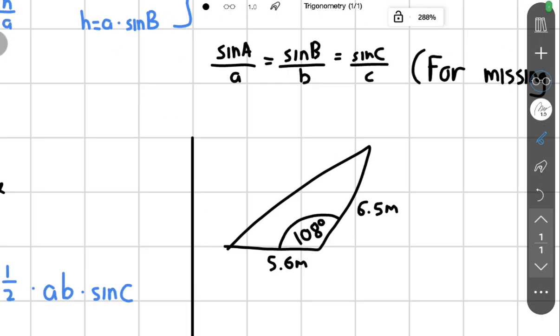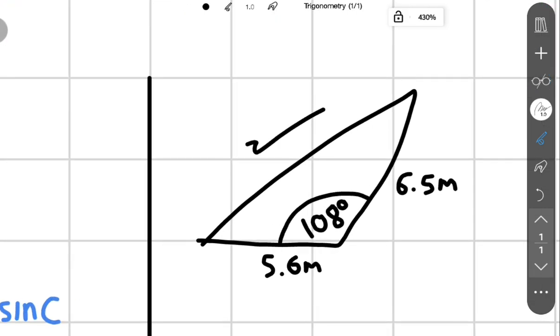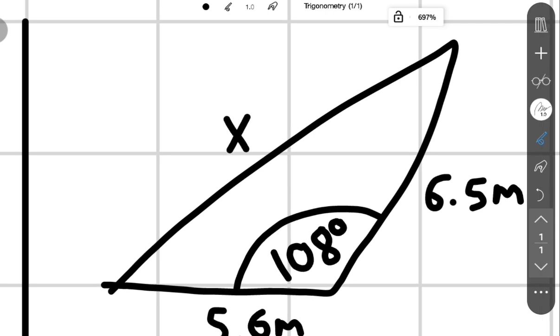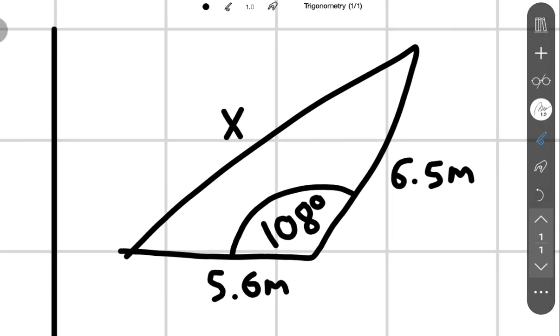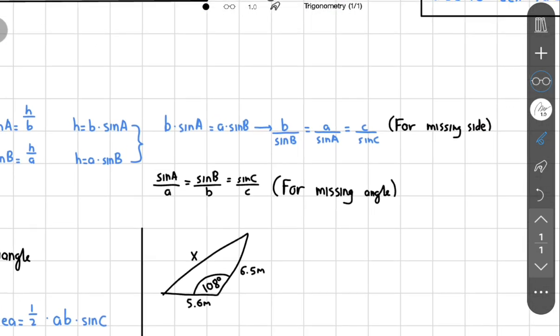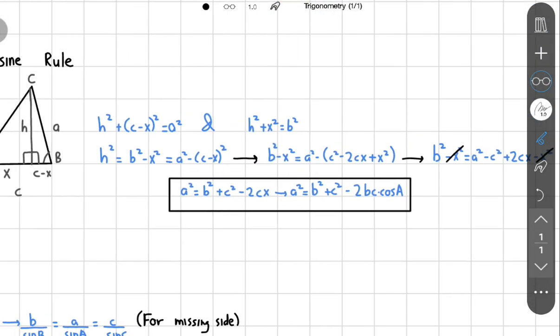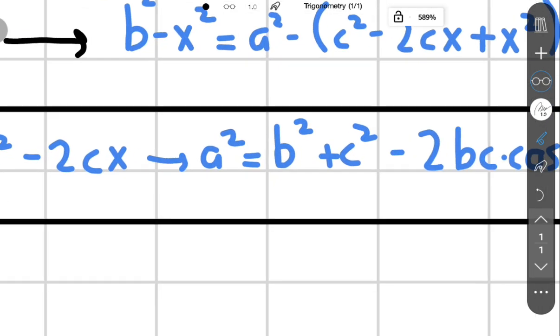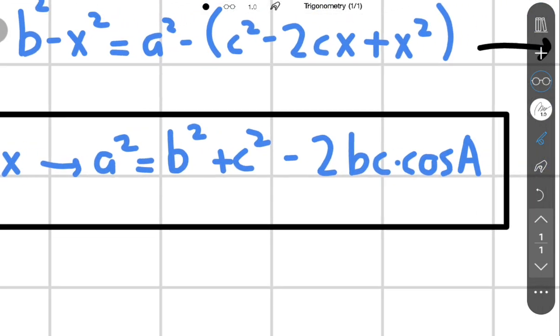We have this triangle and we're asked to calculate the missing side, which is obviously this. So let's name this X for now, and let's observe the triangle. We have 108 degrees, which is the angle facing the missing side. We have 6.5 and 5.6. If you were to observe both rules that we found, or which is the cosine, we'll realize that since we're only missing one side, with two given sides and an angle given, that means we are going to use the cosine rule, because